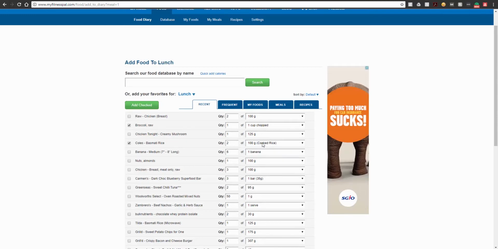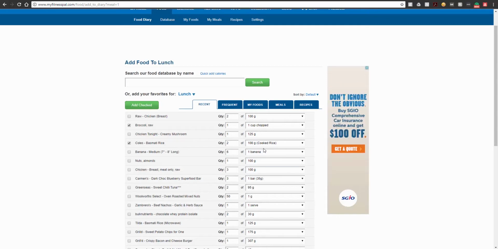Same thing with the rice. I like to weigh out my rice cooked. Obviously 1 cup of raw rice is actually going to be 3 cups cooked. So I always weigh out my rice cooked. So I'm going to do 200 grams of cooked rice here. Like I said before, definitely weigh it out at first. Get used to the portion sizes. As time goes on, you could kind of eyeball it and